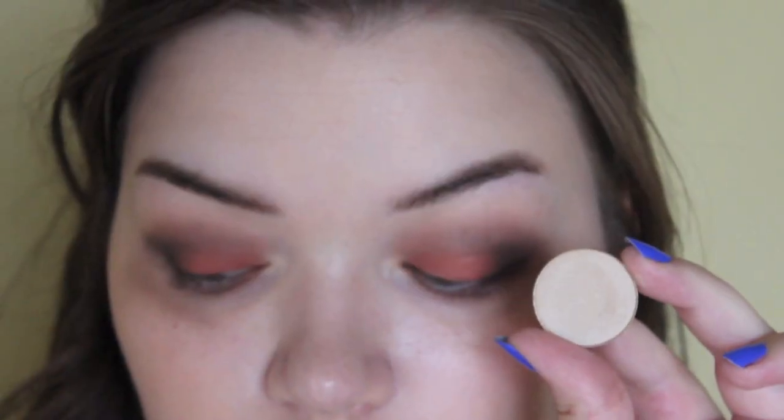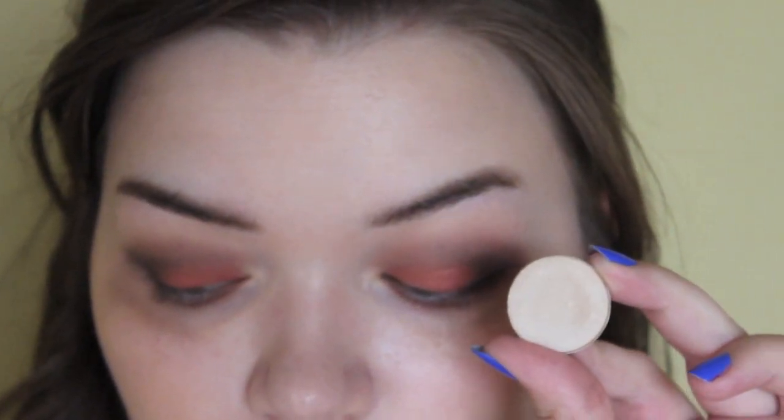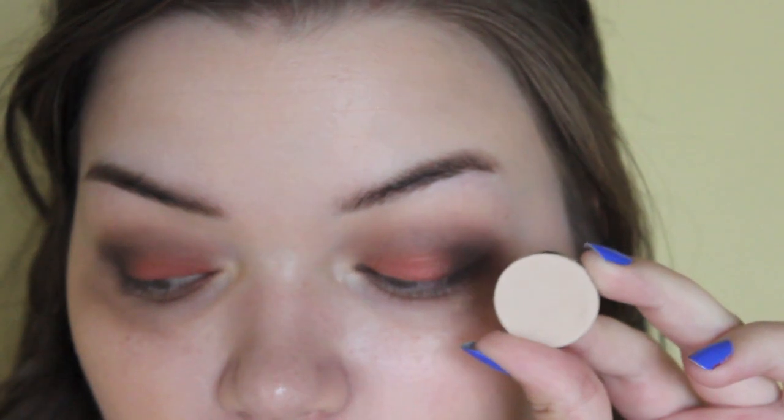Now it's time to work on that lower lash line, so I took a little bit of Trouble and I applied that to the lower lash line, and then I went in with the eyeshadow Glisten. I knew that I wanted an eyeshadow on the lower lash line, but I didn't want to do that same Mysterious color on the lash line because I just thought that would be a little too much. So I took that and blended it in from the inner part to the Trouble eyeshadow,